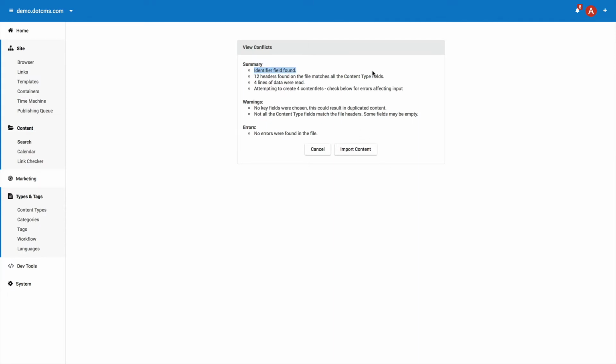There was an identifier field found, and that tells you it's going to ignore any other key fields that you've chosen. It's going to use that identifier field only, and 12 headers were found that match file on our content type fields. That's fine. 4 lines of data were read. We're going to create 4 new contentlets. Perfect. And there's no real warnings except that there was no key fields chosen, but there's an identifier column, so